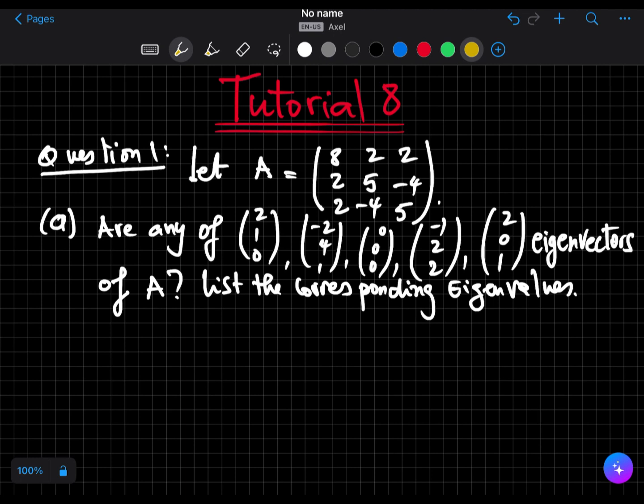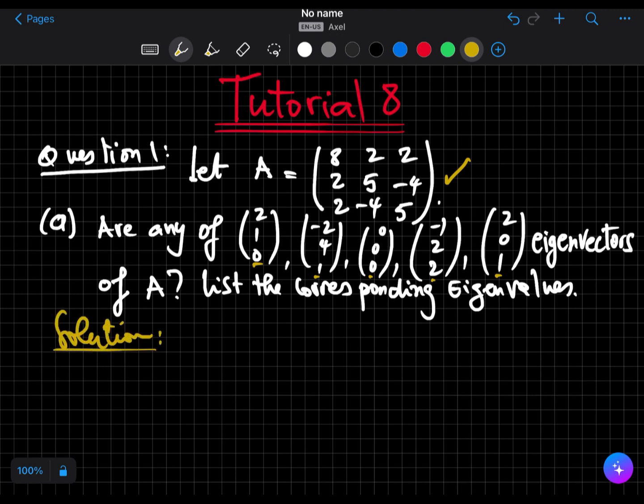In this video, let's have a look first at question 1, where a matrix A is given, and you are asked to check if any of these vectors, (2, 1, 0), (-2, 4, 1), (0, 0, 0), (-1, 2, 2), (2, 0, 1), are eigenvectors of A. And if they are, then list the corresponding eigenvalues. So we know that, as a solution,